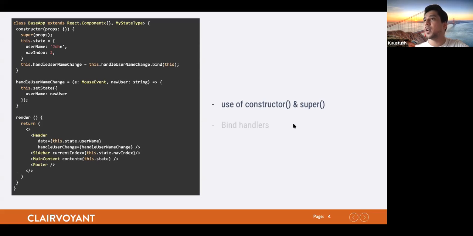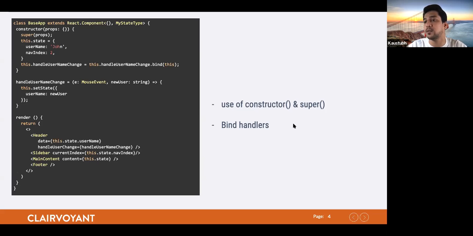But even these are not big problems, they are quite manageable. We can manage these problems firstly when class fields were introduced. Class fields let us skip the constructor and the super method over here, so some of the boilerplate is reduced and we can directly write our state.